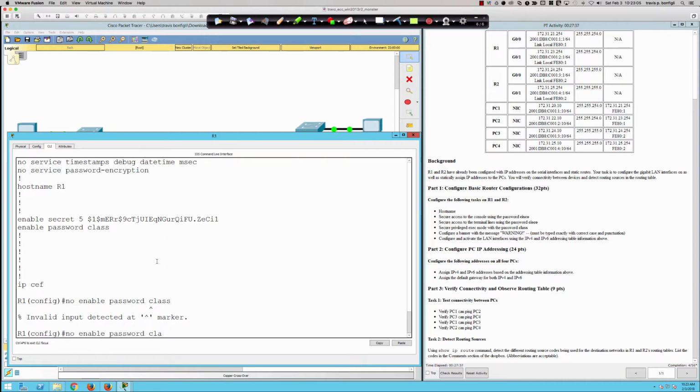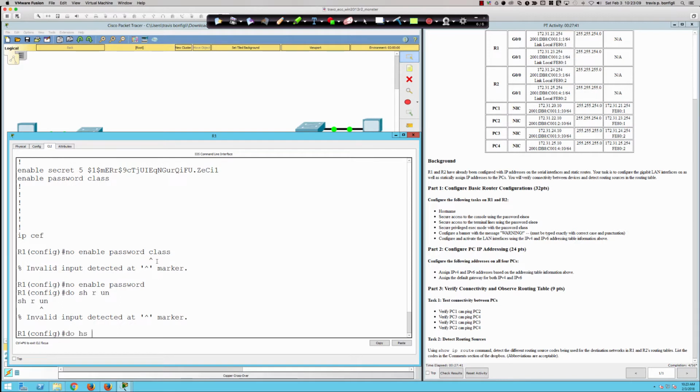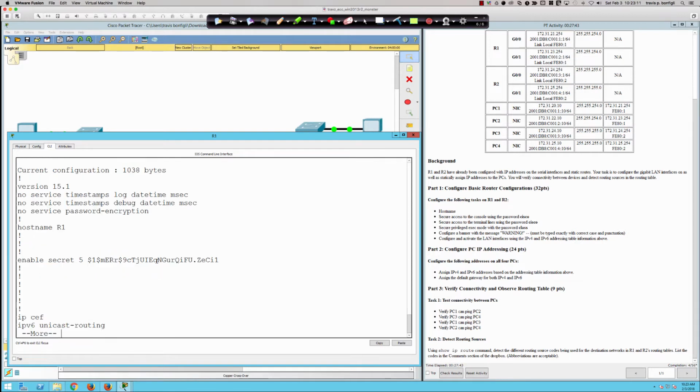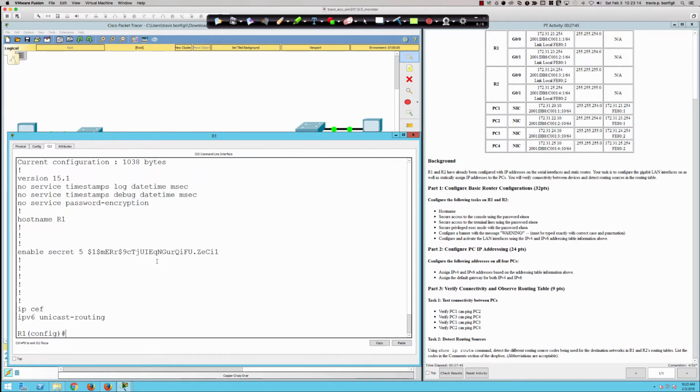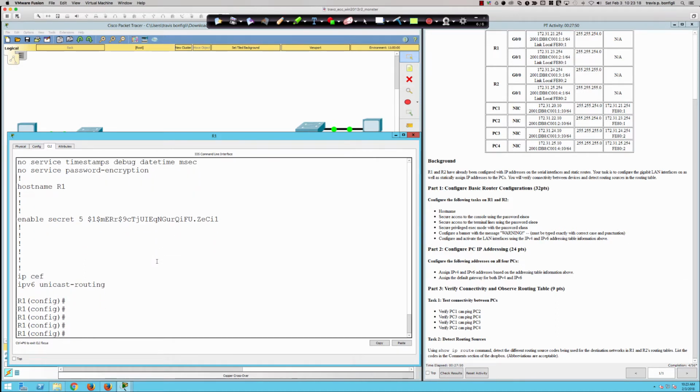And it doesn't like that. I'll just say no enable password. Is that going to get rid of it? Do show run. Just making sure we cleaned it up. Okay, we cleaned it up. We're still at 4 out of 56, and so off we go on to the next task, which is the